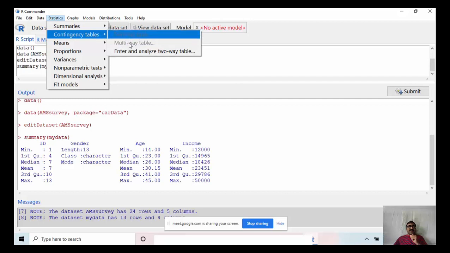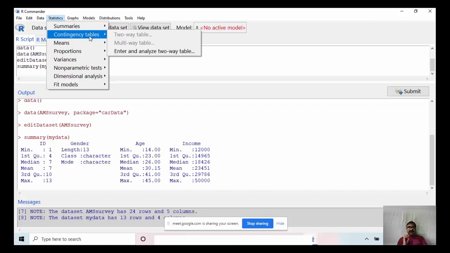So these two are not highlighted. So in this way, you can get some advantages of this R commander. Another thing, the importance of R commander is, suppose you have a data set where the income with gender. Suppose you have lower income group, medium income group, and upper income group. Gender, male, female. So there are some values.